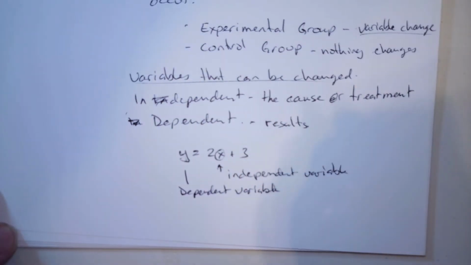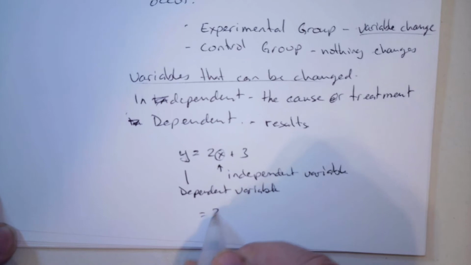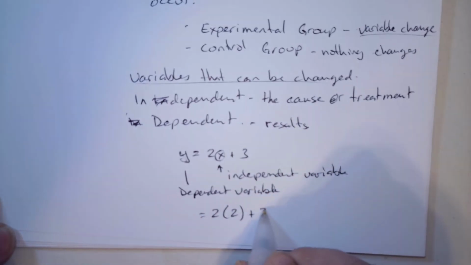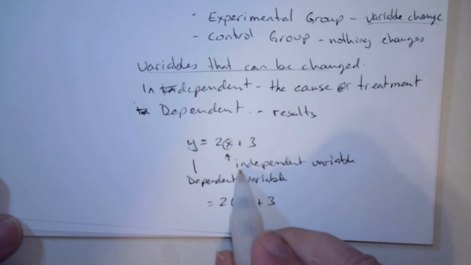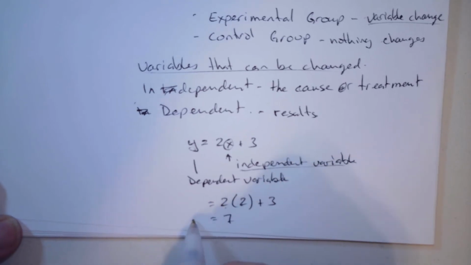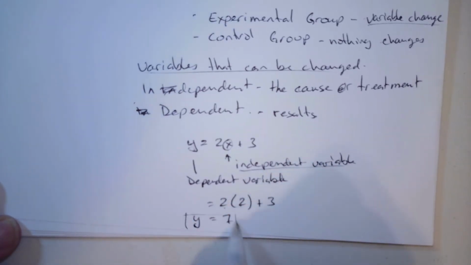Once the researcher determines, okay, X is going to be 2, so that's independent. It can be whatever it wants to. Once we get that, 2 times 2 is 4, plus 3 is 7, then the value of Y depends on